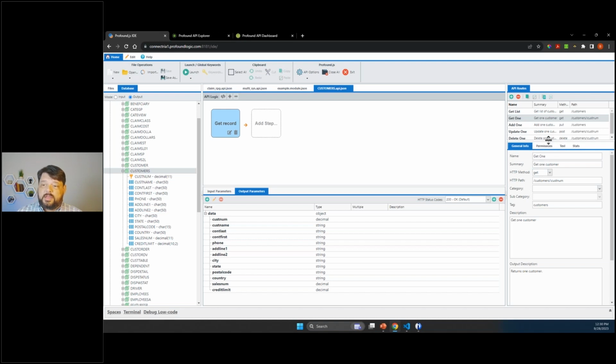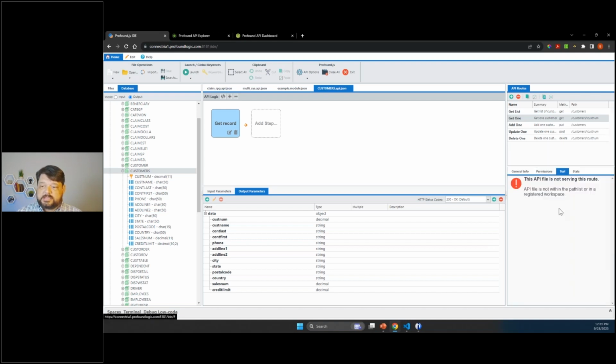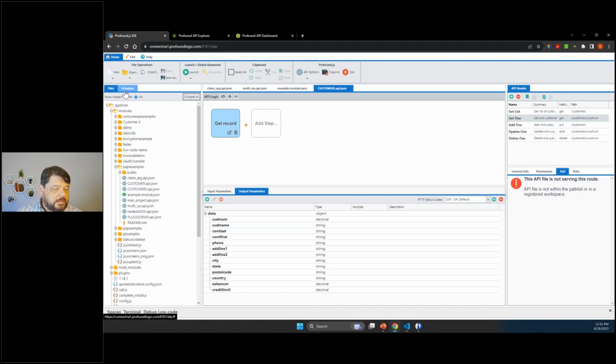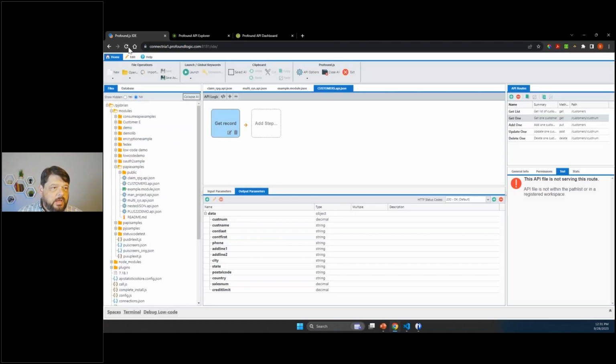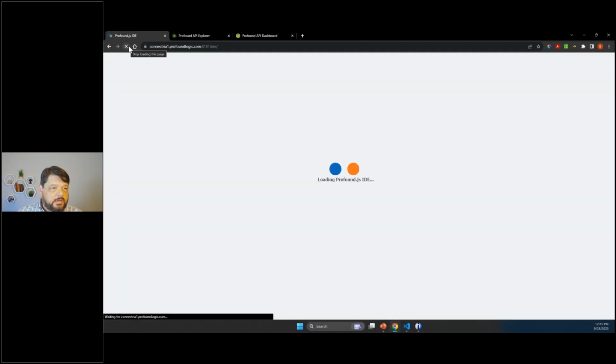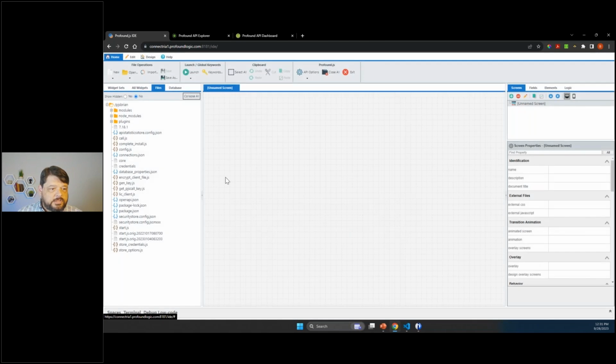I can go here within my IDE and I can go to my test tab and we can actually do a test with this. Or maybe we can't. Did I make a mistake? Let's see. Anytime we do a live demo, that's always a possibility. Yes, I made a mistake. So let me delete this one. There we go. And let's get a quick refresh.